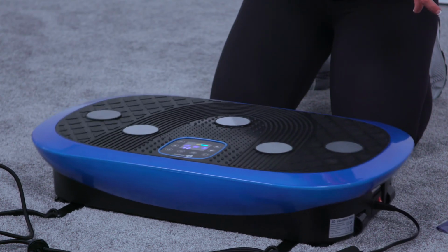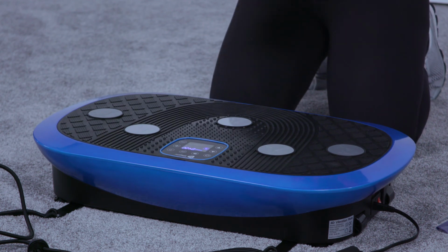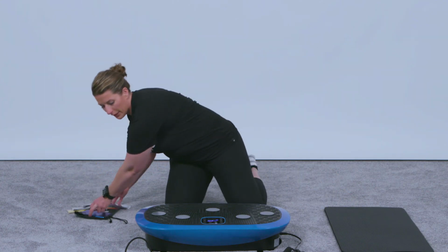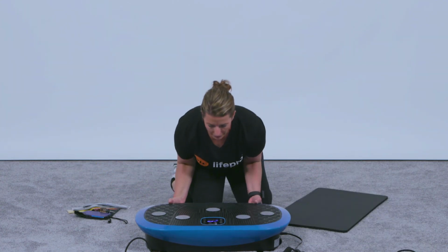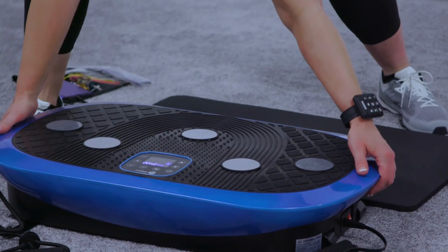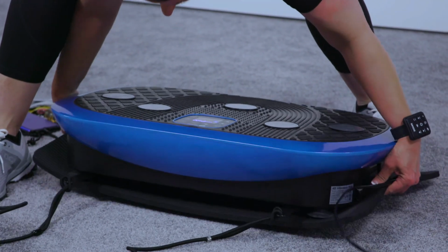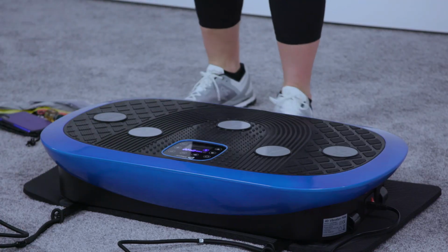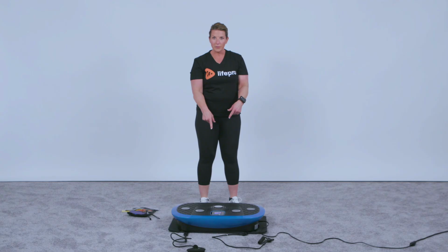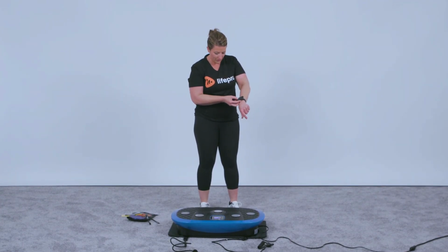So from here, now we go ahead and pause. So again, if you find that the noise level is too much for you, you can slide this mat underneath of the platform in order to give an idea. And so from here, again, it's almost 40 pounds, 38.5 pounds total. And so now we have the platform on the floor. And guess what? Because I have the remote on, I don't have to bend over and touch the platform. So pretty cool, right? So we're gonna arrow through here, and I'm gonna make sure that we get something